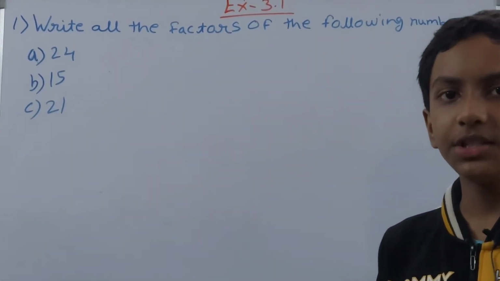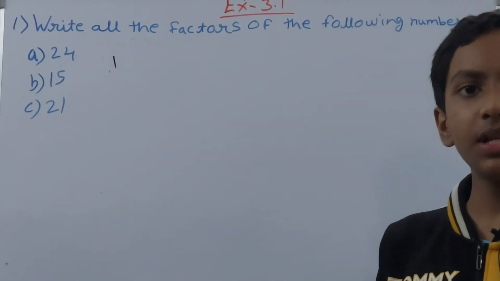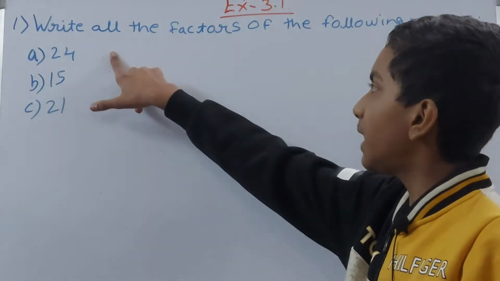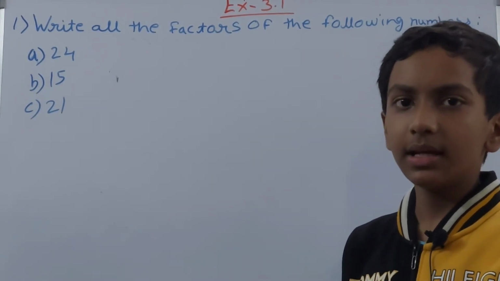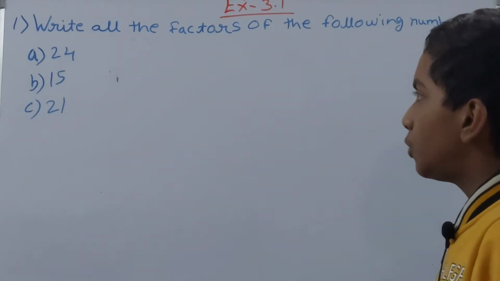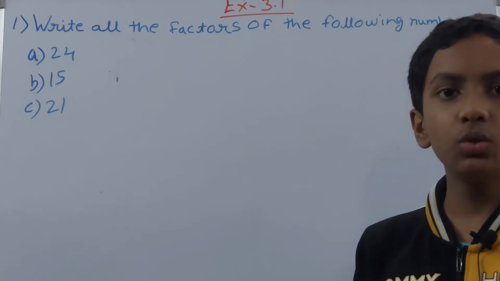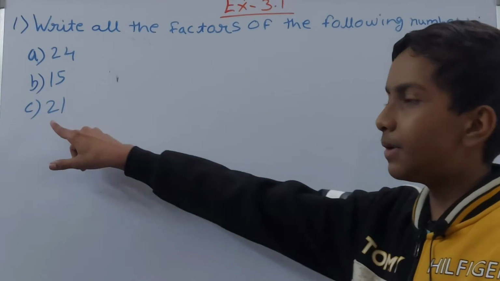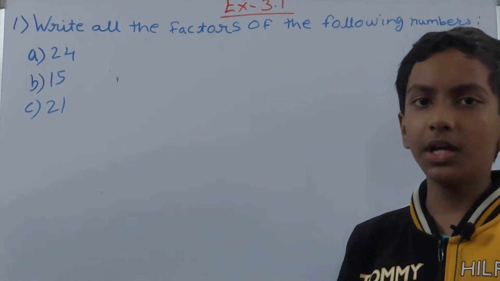Next number is 21. Okay, so again from 1 we'll start. Remember this thing, 1 is a factor of every number. So, you can even exclude 1 while you are multiplying, but when you are writing the factors, then you have to write 1 in that. So, we will start from 2 because 1 is a factor of every number. So, 2 into 10 is 20 and 2 into 11 is 22. Again 21 is not coming, 22 and 20 are there. So, again we cannot take 2.